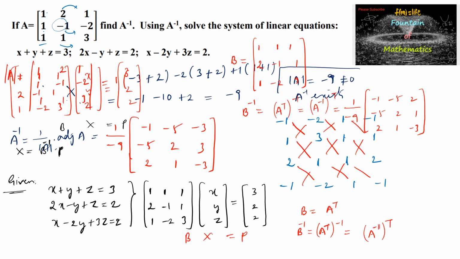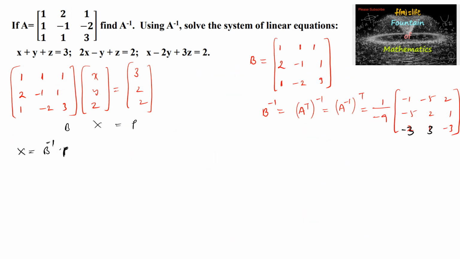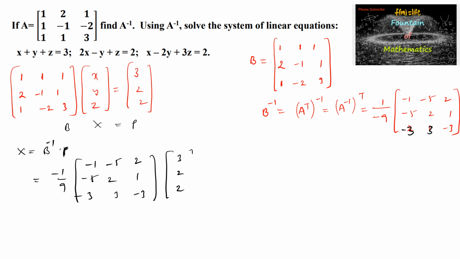So already we got A inverse is equal to 1 upon minus 10. Let us do transpose for this so that we will be getting the B inverse. And hence we can use, by solving, X is equal to B inverse into P. So X is equal to B inverse into P. So we can write minus 1 by 9 times the matrix minus 1 minus 5 2, minus 5 2 1, and minus 3 3 and minus 3, multiplied with the matrix P, the constant matrix, that is 2 3 2 2, which is